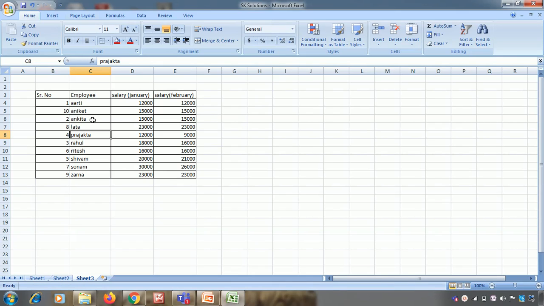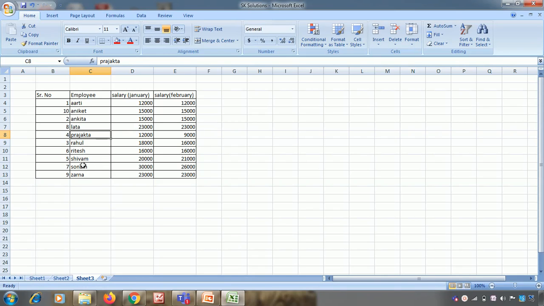Here you can observe that these names are arranged in increasing alphabetical sequence. Now while arranging these names, first priority is given to this. And if any two names are the same, in that case the one having the lower salary would be at the top and the one having the higher salary would be at the bottom.